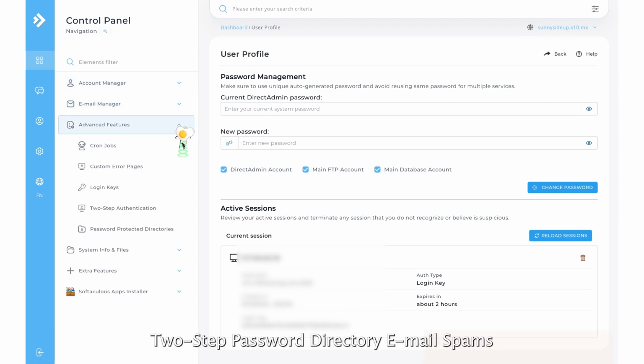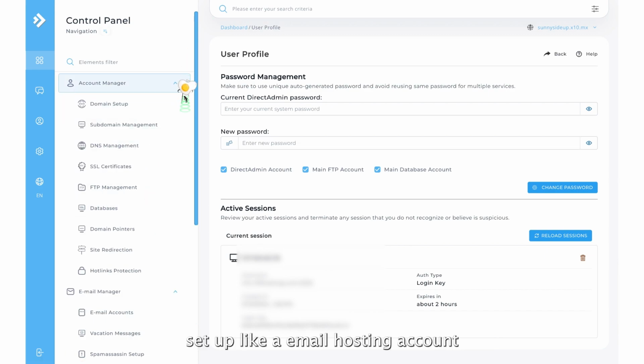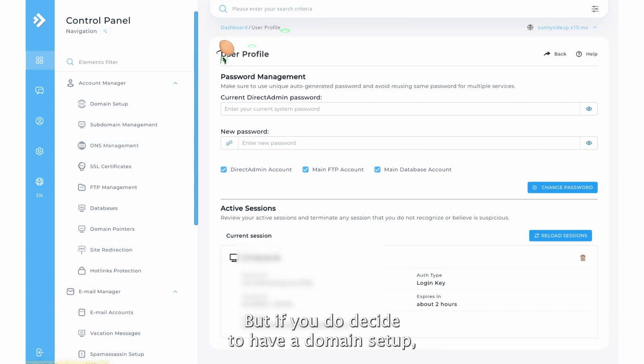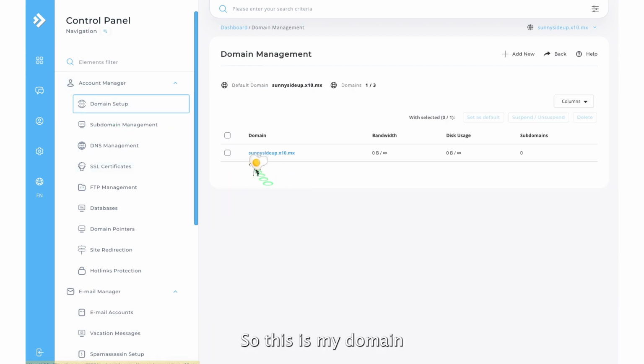Advanced features: two-step password directory, email, spams, set up an email hosting account, domain pointer. So when you do buy your own domain name, it's going to be so cheap. If you just want it free, you're going to have to deal with the URL or the link that they give you. But if you do decide to have a domain setup, just come into this account manager and have a domain setup. So this is my domain,